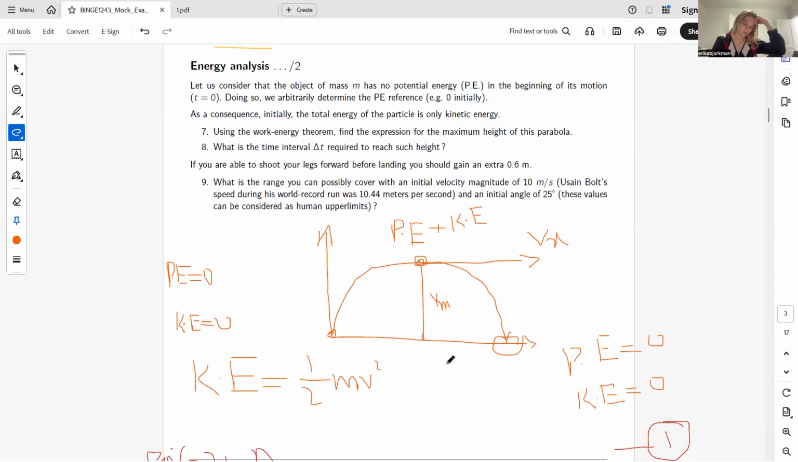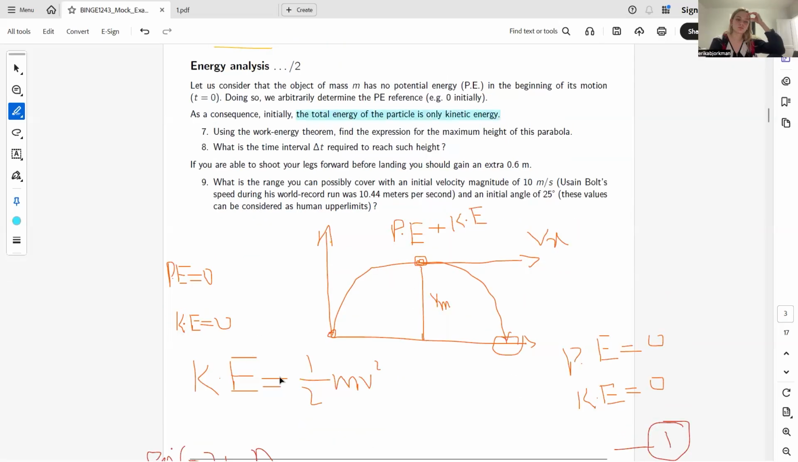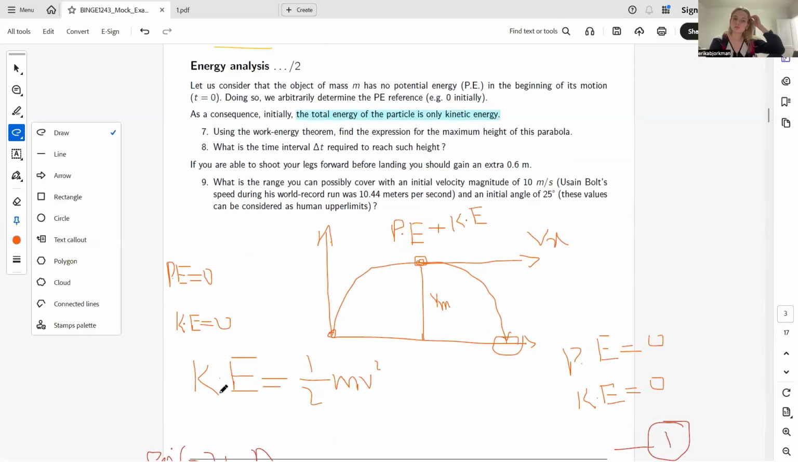Okay, fine. So let us check the statement of this part. Let us consider the object of mass m has no potential energy in the beginning of its motion, t is equal to zero. Doing so, we arbitrarily determine the potential energy reference. Consider this initial point as a zero energy point. As a consequence, initially the total energy of the particle is only kinetic energy. As we have already discussed, what does it mean initially? When it was just